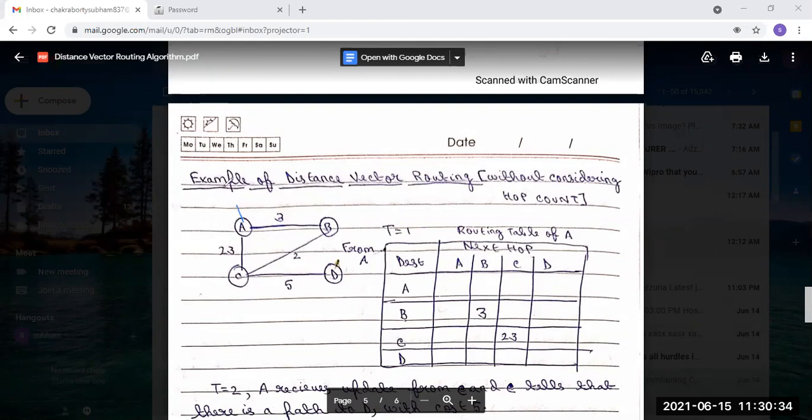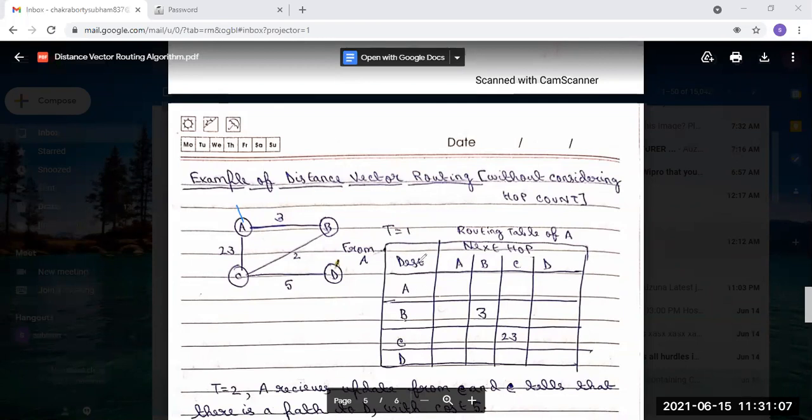And we will see how the changes occur. Like this, in the case of B, C and D, these changes will also occur. At first, t equals 1 means the first time, the routing table of A. A matrix will be prepared.